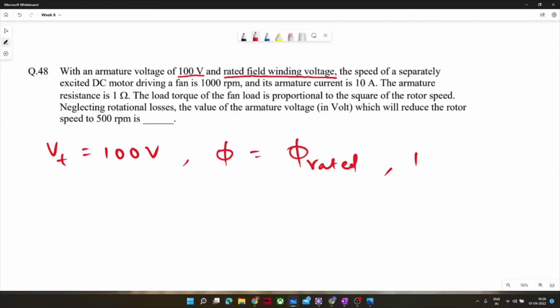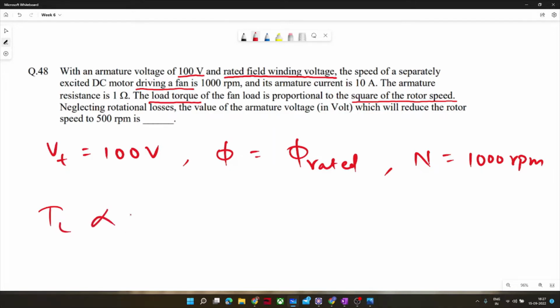A speed is given, 1000 rpm, and it is driving a fan. So it is a fan kind of load, and fan kind of load has some torque speed characteristics. So its load is proportional to the square of the rotor speed. Okay, so